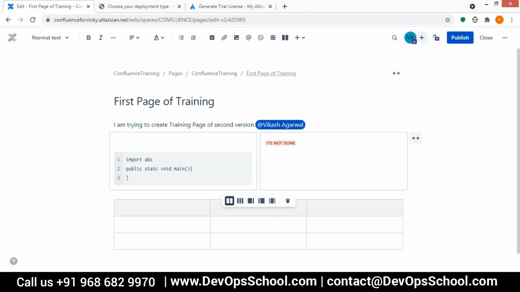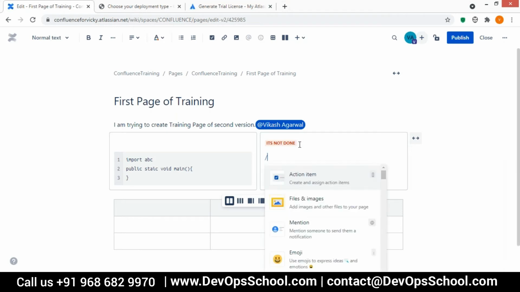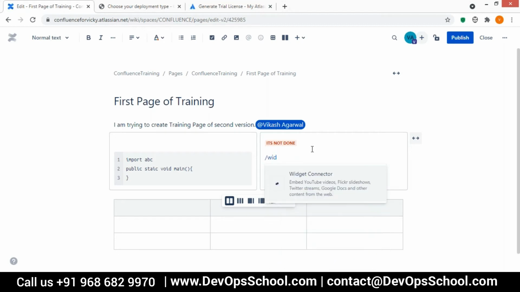So I'll explain a bit more about one macro which can be useful, for example, if you want to add videos. Okay, so there is the widget connector macro.